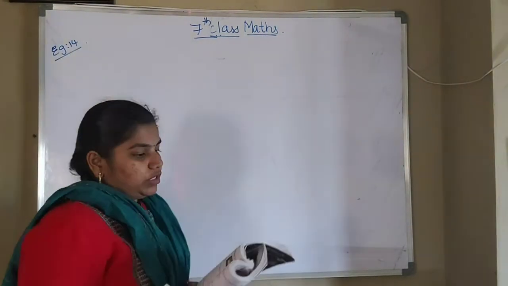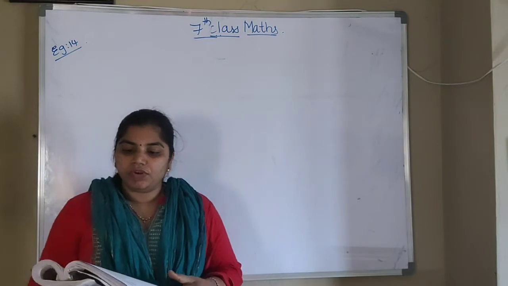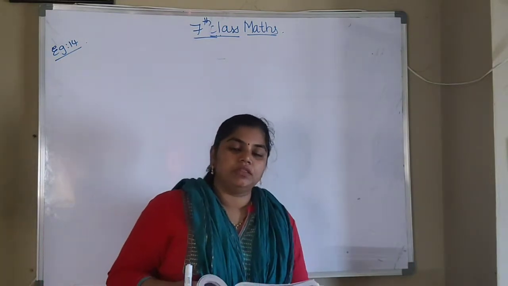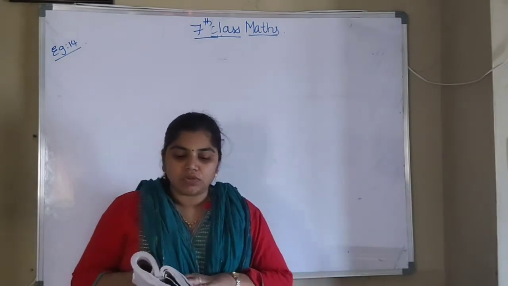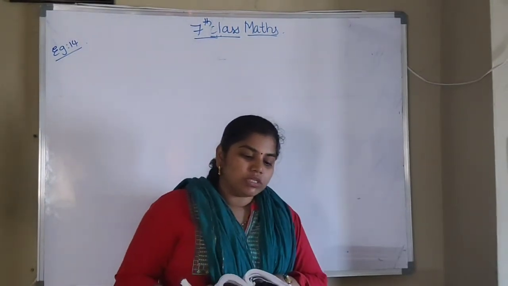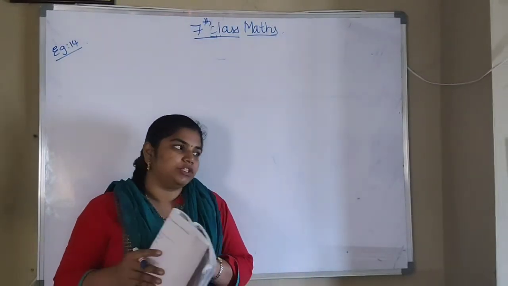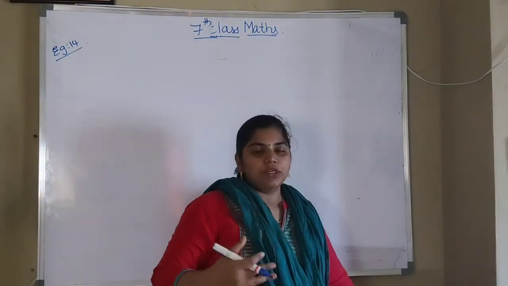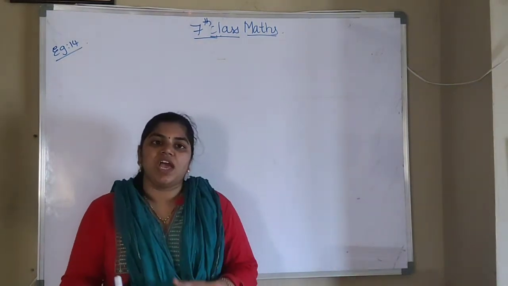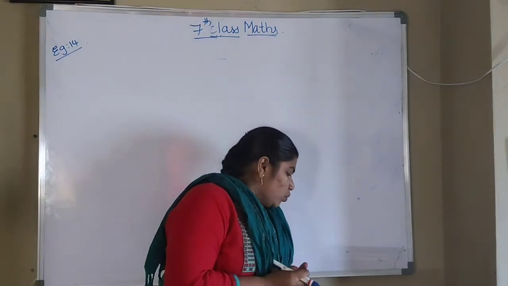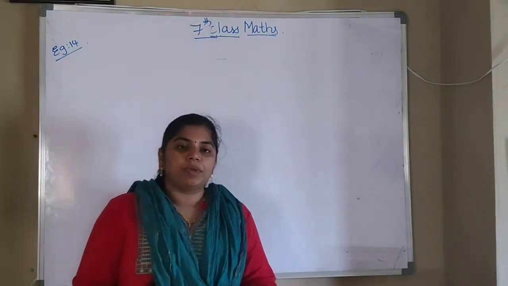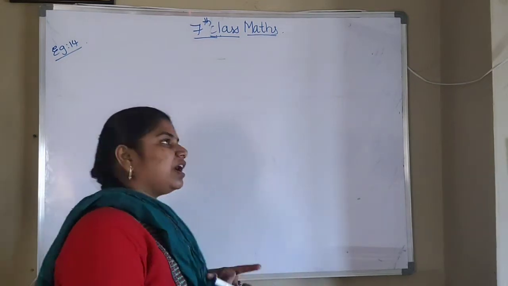So what is the question? A shopkeeper bought a TV for 9,000 and sold it for 10,000. Find the profit or loss and calculate the percentage. So how much profit or how much loss he got, and also we have to find the percentage for that. Here, a shopkeeper bought is nothing but the CP value, cost price.